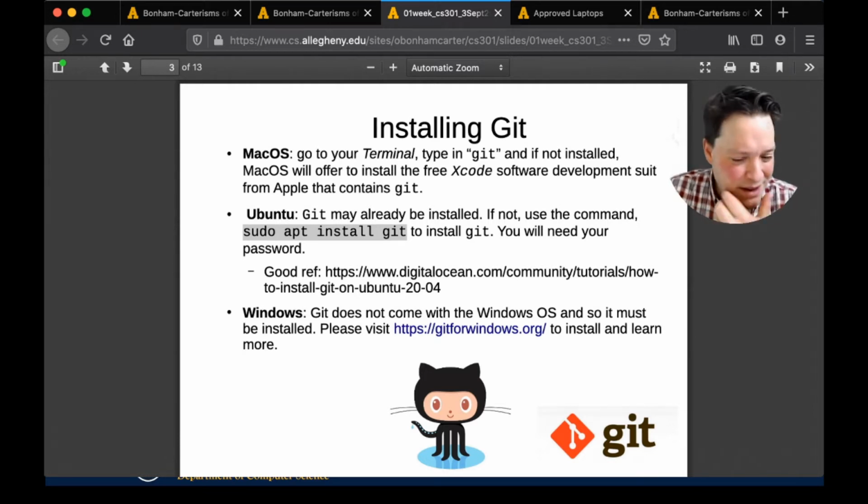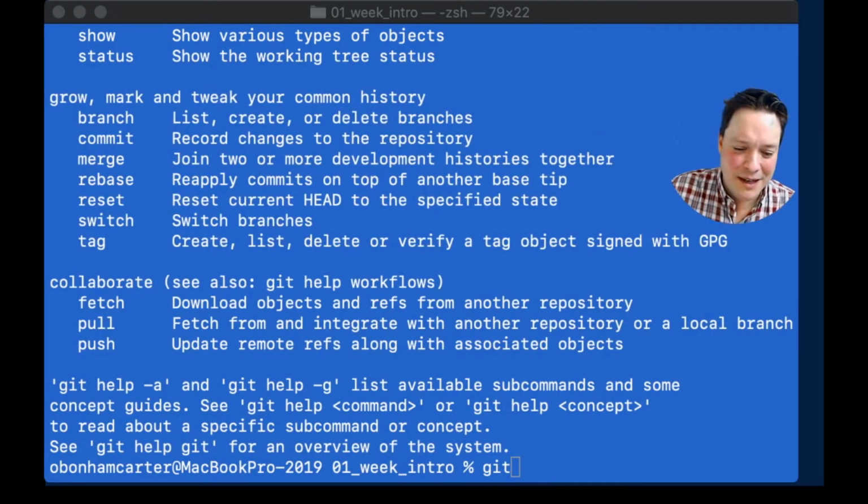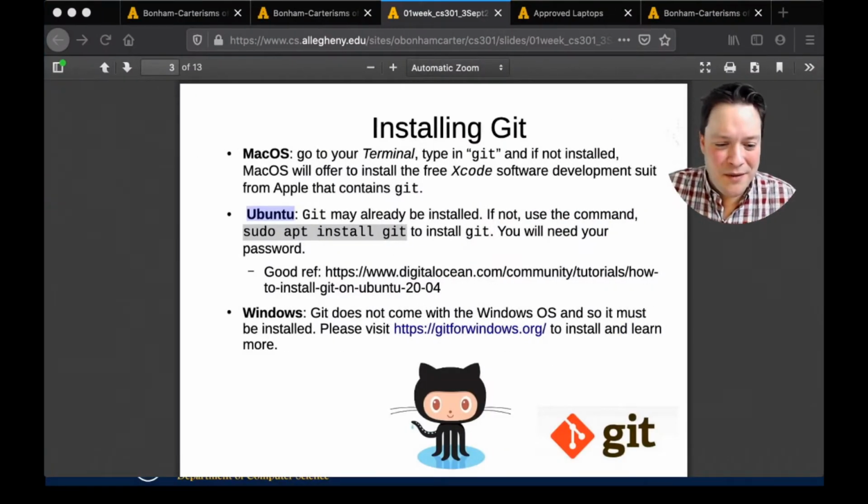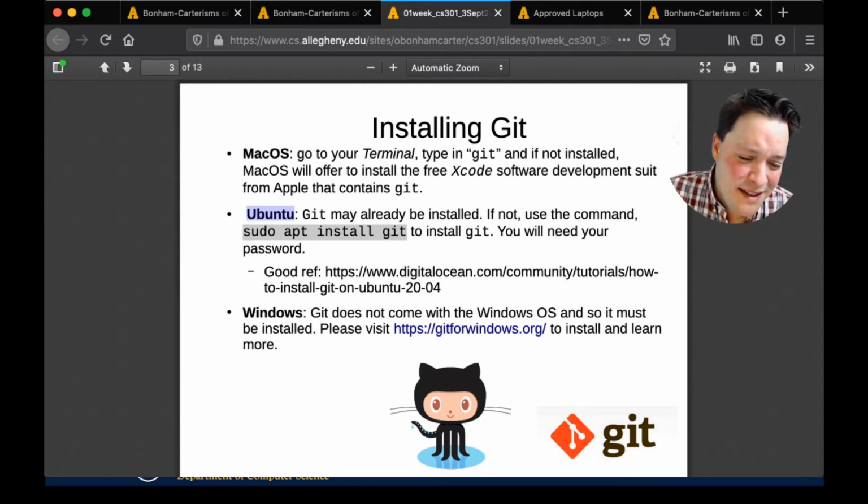Moving on to Ubuntu, if you type git at your terminal, which is the screen where I'm able to type in commands, and nothing comes up, then there is a command, sudo apt install git, which you type in the terminal, which would install the necessary software to make Git run.